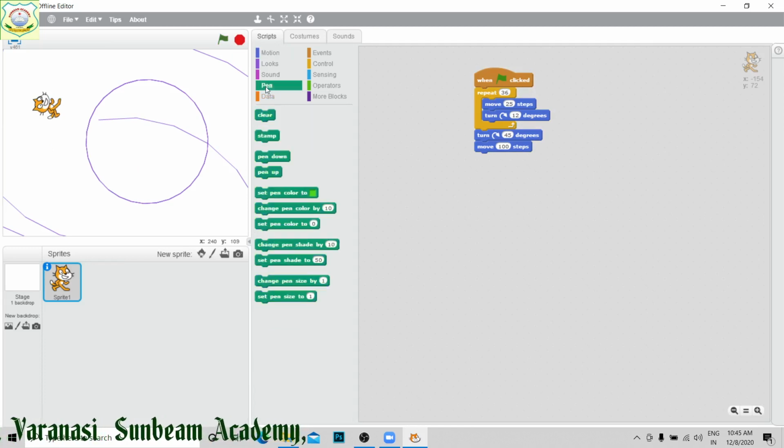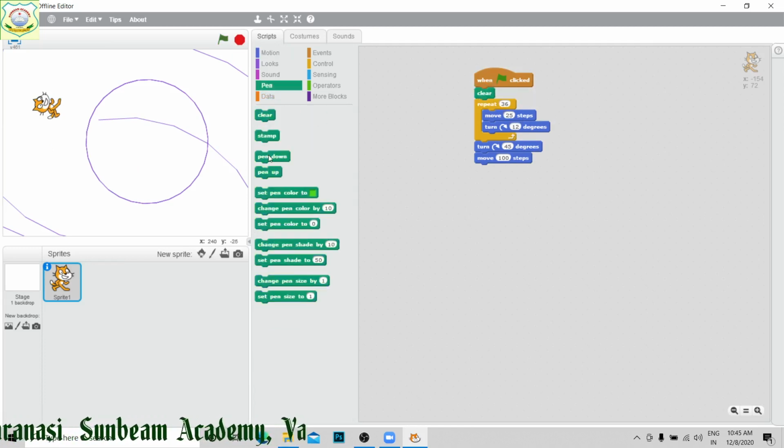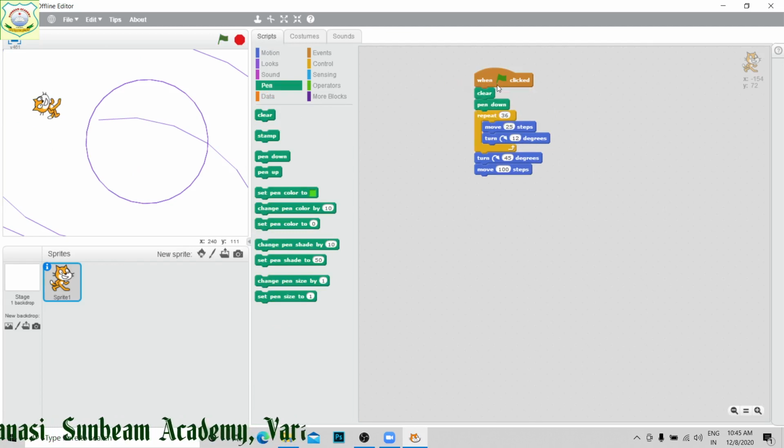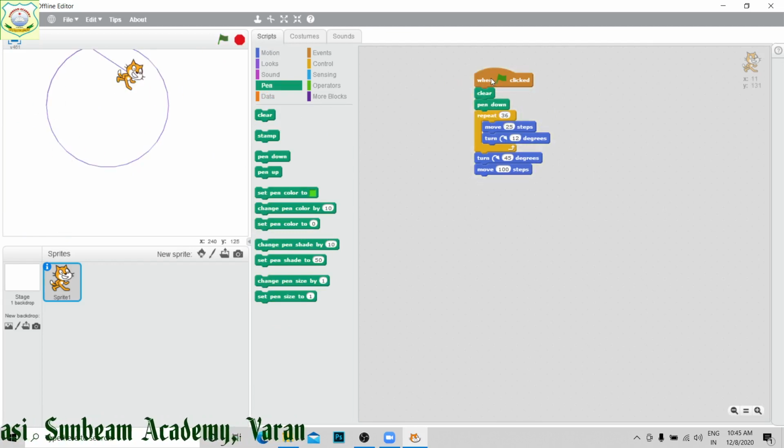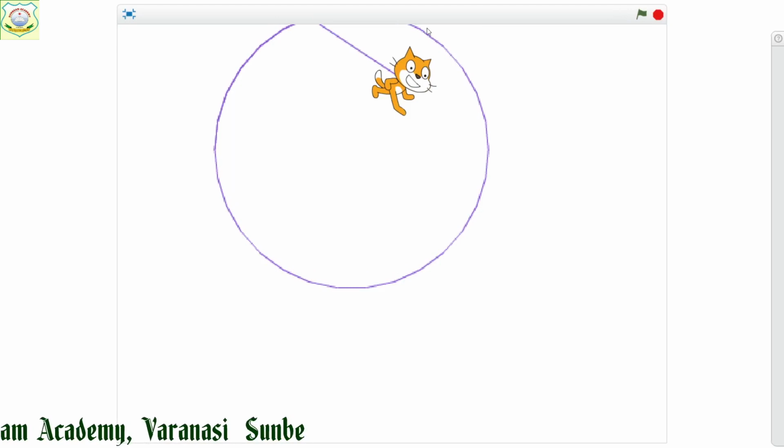Pen down we have to take. First of all, clear. Pen down. Now see. Right? If I am turning it for 90 degree and movement is of 200, then we will see what is going to happen.